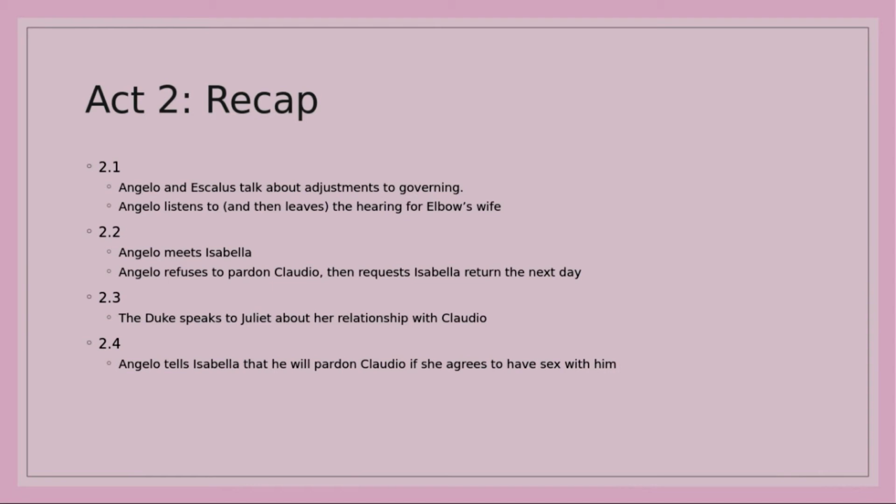And then the Duke kind of talks to Juliet a little bit about her relationship with Claudio. He asks her whether the feelings that they hold for each other, Claudio and Juliet, are mutual or whether they are one-sided, like if Claudio forced himself on her, right? And Juliet's just there like, no, no, totally mutual. We plan on getting married. It's a thing, right? It's legit. We just haven't done it yet.